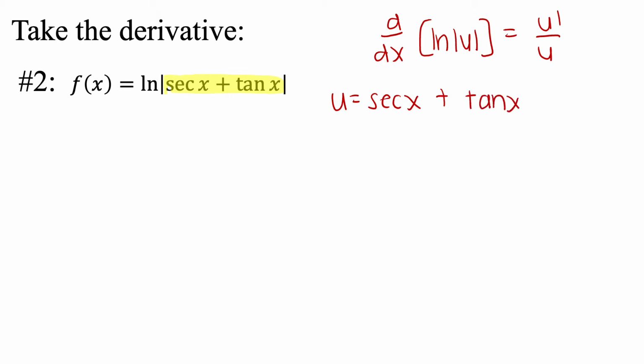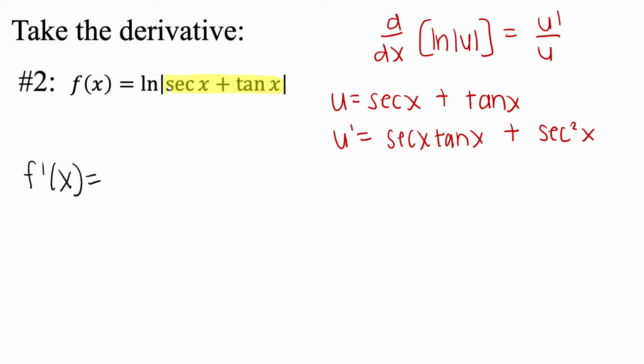When we take our derivative here, we're actually going to take the derivative of each piece. So u prime is equal to, using our derivative formula sheet, the derivative of secant of x is secant of x tangent of x. And then add the derivative of tangent, and the derivative of tangent of x is secant squared of x. Now that we've identified u and u prime, we can go ahead and find our derivative f prime of x